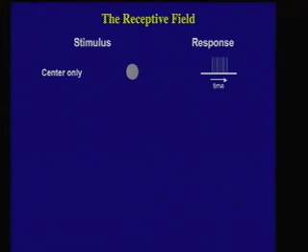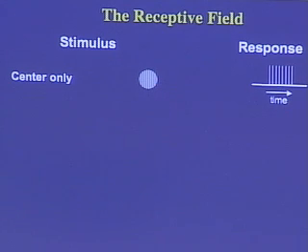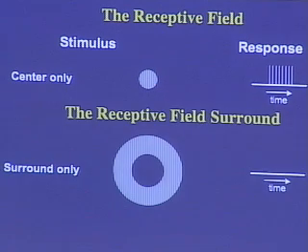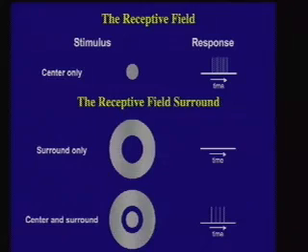Think of this as a V1 neuron that is presented with an optimal grating stimulus, oriented at the cell's preferred orientation inside its receptive field. You can see that the neuron responds optimally to the stimulus. Now, as I showed you before, the same stimulus outside the receptive field evokes no response, but there is modulation of the response when the center and the surround stimuli are presented together. In this specific case, you can see a suppressive effect of the surround stimulus.